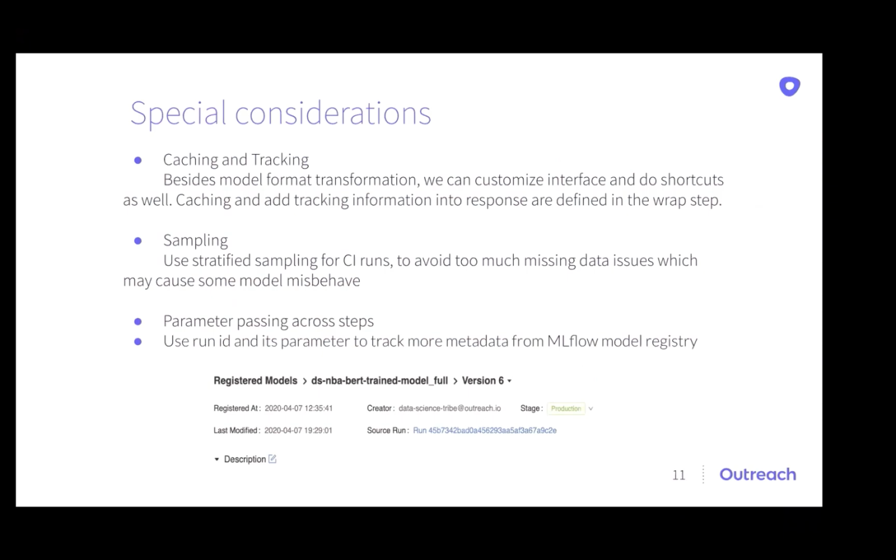As you see, we do sampling in the CI step. Actually, we are using stratified sampling for the CI to have full coverage for all the labels. And we did parameter parsing for both CI and CD. In the CircleCI environment, we use local file-based parameter parsing. And for the CD, we use the GitHub SHA and S3 file for the parameter parsing and the triggering.